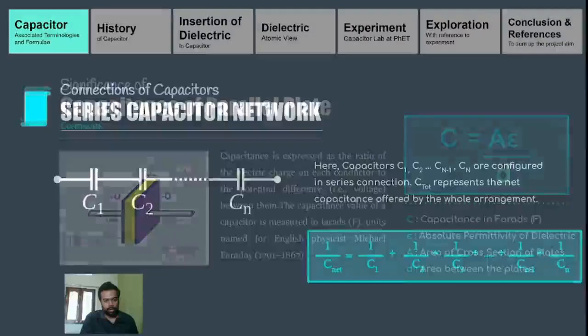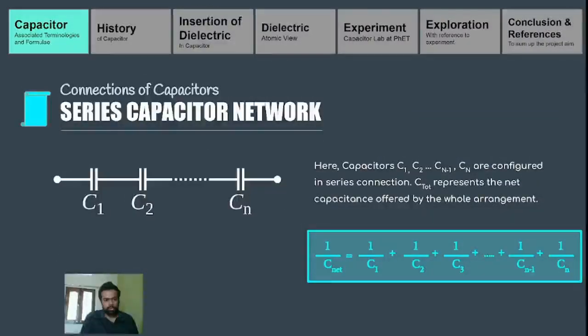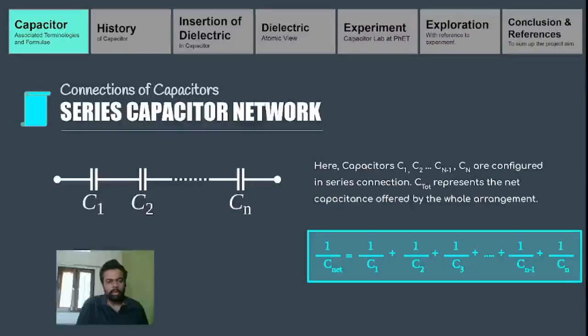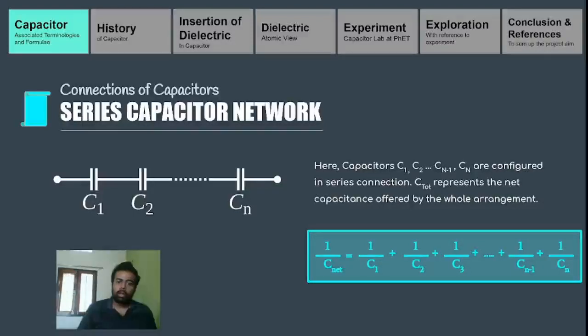So let's get forward. We will be discussing here two ways in which we connect capacitors to form networks. The first is the series network. We connect the capacitors line by line, and one plate of a capacitor connects with another plate, and subsequently we continue this. This is called a series capacitor network. On each capacitor the charge is the same; the charge accumulation is the same. The difference is that the voltage across each of the capacitors is different. So this is the major takeaway.